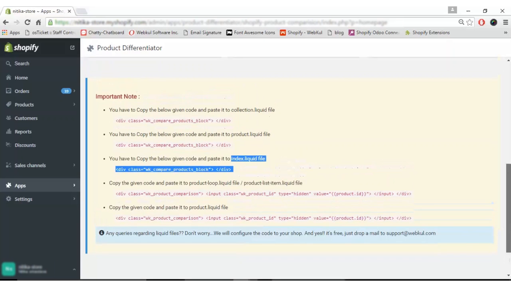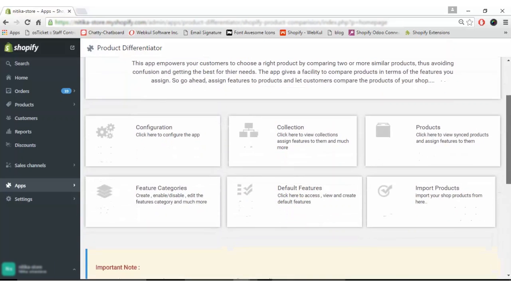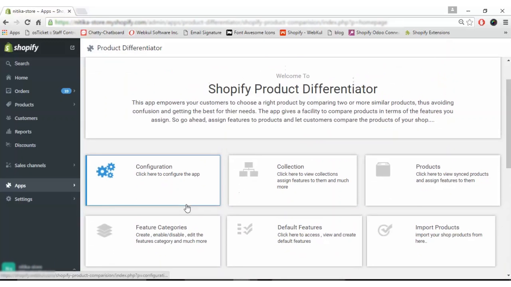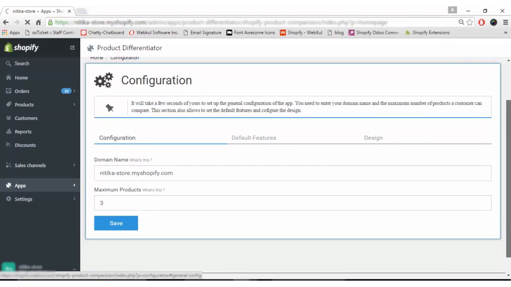In case you face any issues while pasting these codes, you can always contact us and we will do it for you. So let's get started with the configuration first. In the configuration section, the configuration is divided into three parts: configuration, default features, and design. In the configuration, it is very simple. You simply have to enter your store name